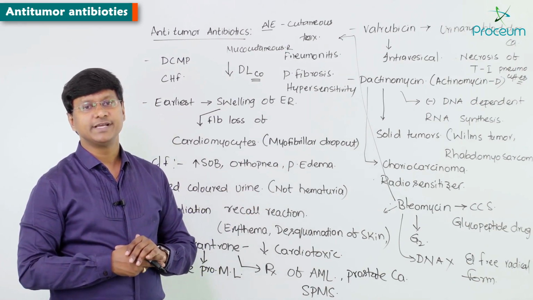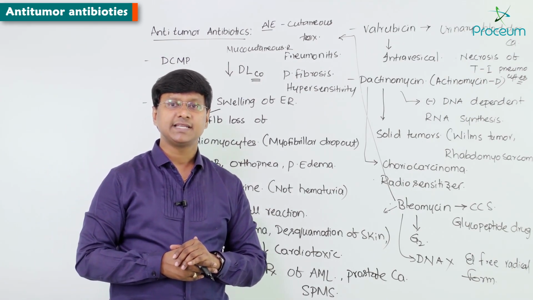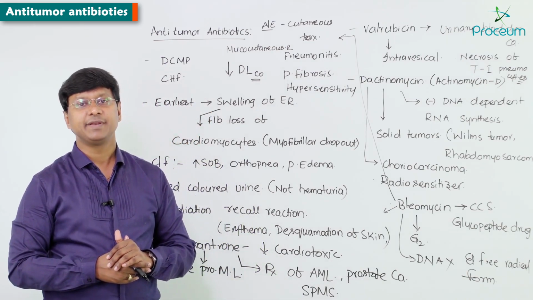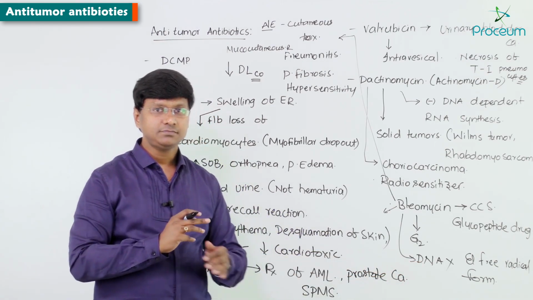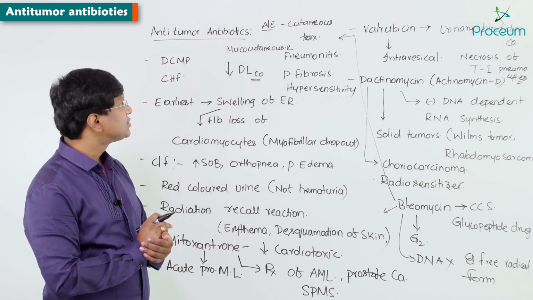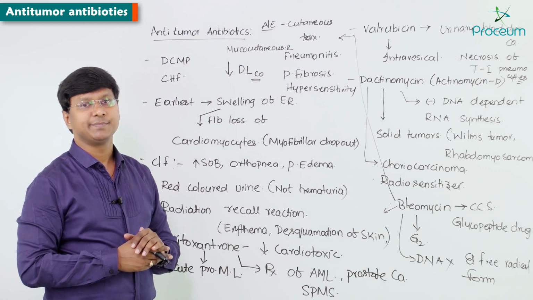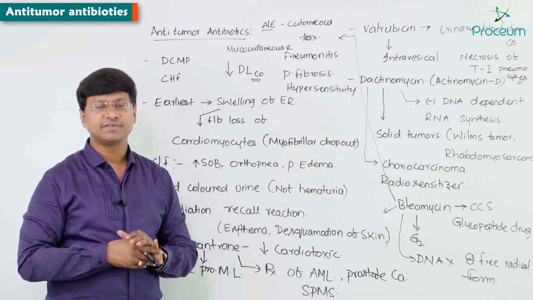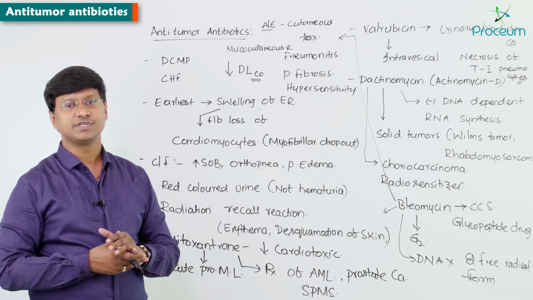Now coming to bleomycin. Bleomycin is a cell cycle specific glycopeptide drug that acts in the G2 phase by causing DNA strand breakage as well as free radical formation. And remember, this drug can cause cutaneous toxicity, and the manifestations of cutaneous toxicity include hyperpigmentation, hyperkeratosis, erythema and ulcers, and the other adverse effects include pneumonitis, pulmonary fibrosis, hypersensitivity